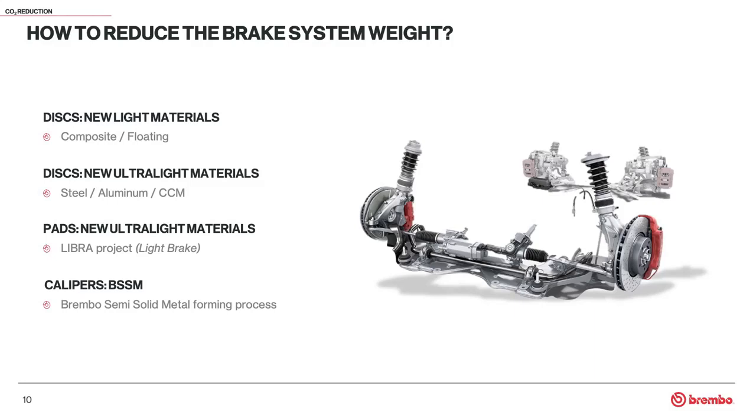In this presentation, we'll take a look at some of the most significant technologies used to reduce the weight of brake discs, pads, and calipers. Some of these technologies have already been on the market for several years, while others are due to be launched in the near future. We'll look at composite and floating discs that use lighter materials on the hub, and even discs that use ultra-lightweight materials on the braking surface. We'll look at brake pads with fiberglass backing plate and a new brake caliper production process known as Brembo semi-solid